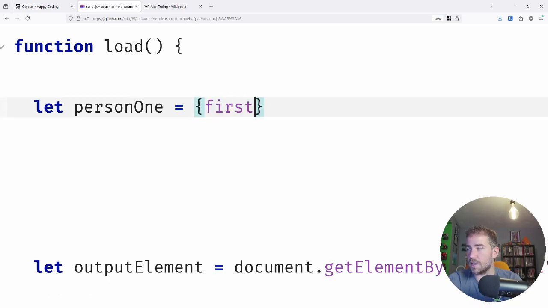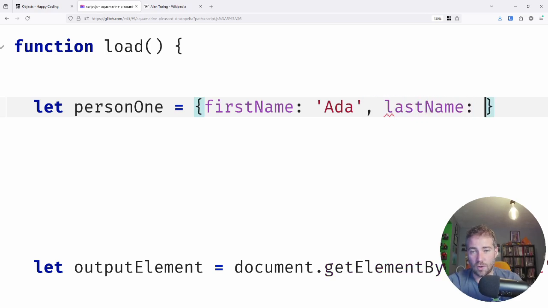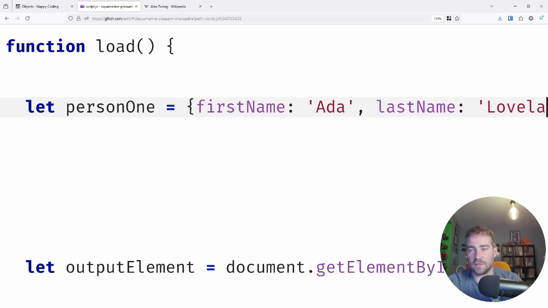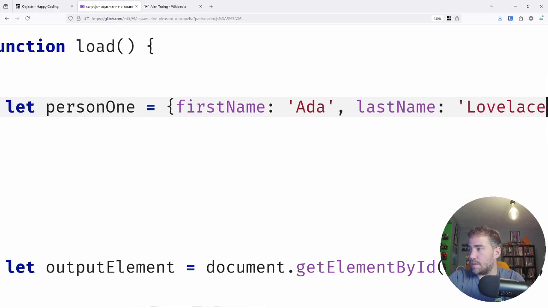So first, firstName is the name of the property, and this is not in quotation marks or anything. And then a colon, not an equal sign, a colon, and then a string. So single quotation marks or double quotation marks, doesn't matter. Ada, and then a comma, not a semicolon, a comma, lastName, colon, Lovelace,